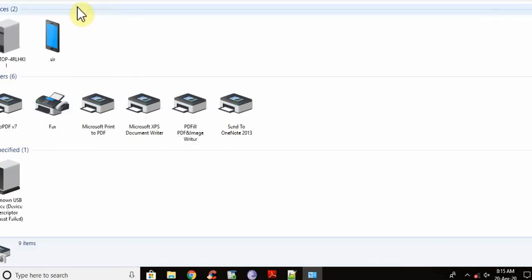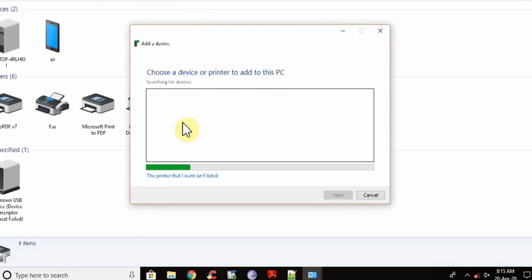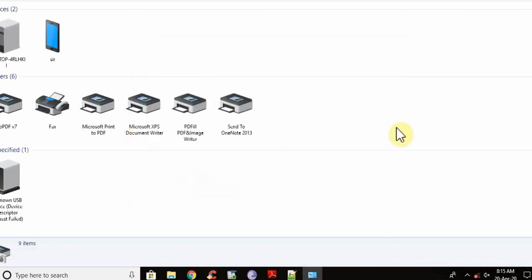But you can see, students, check the top side. I am pointing my cursor here. Add a printer. Let me click this. It will take some time and you have to wait. You actually do not need to worry about. Just click on next and the printer will be installed.